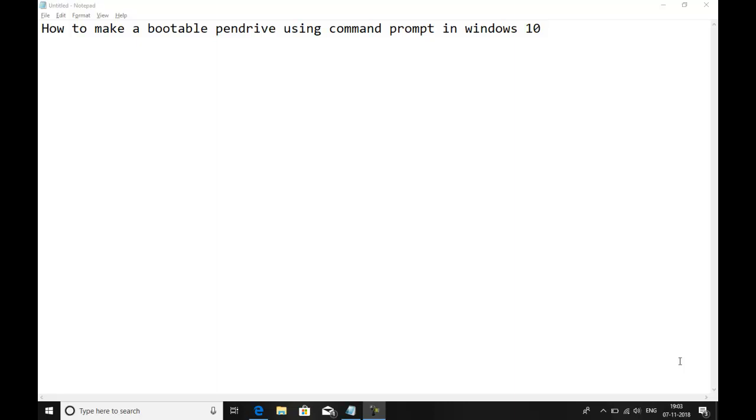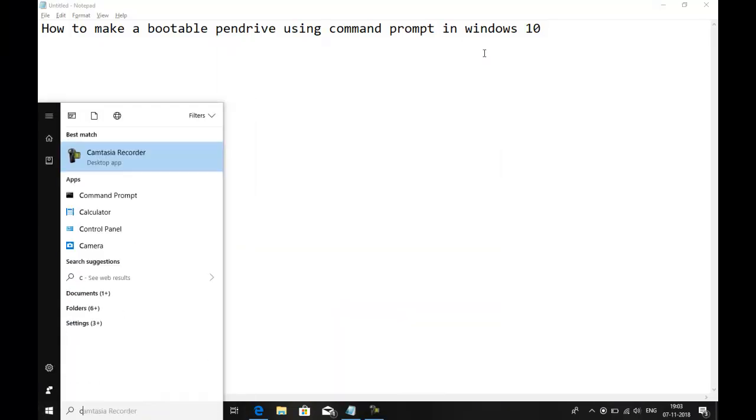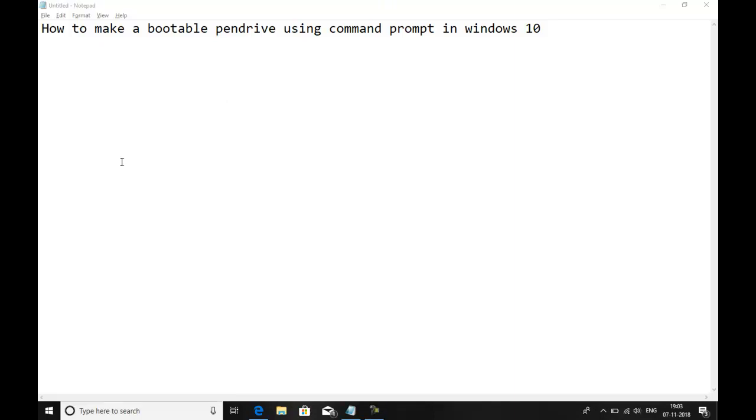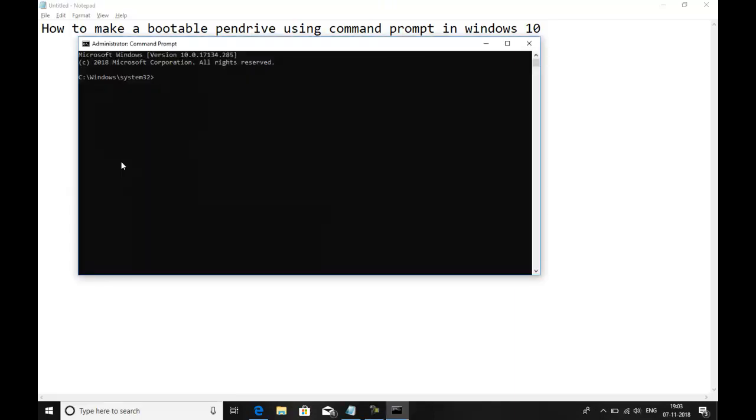Hi friends, today I'm going to tell you how to make a bootable pen drive using command prompt in Windows 10 operating system. Sometimes your pen drive can be unresponsive. So during those cases, how do I format it and make it usable after a period of time, or if you get any